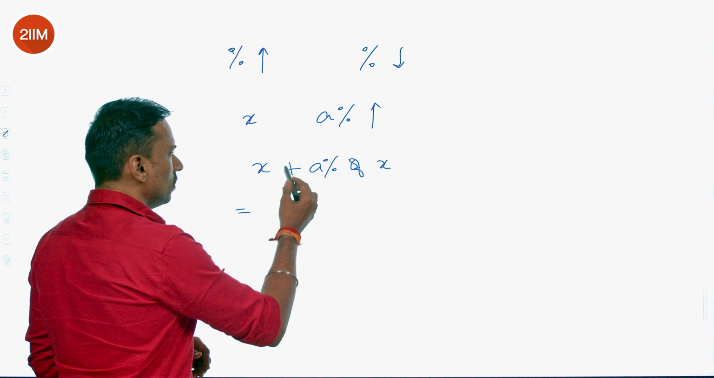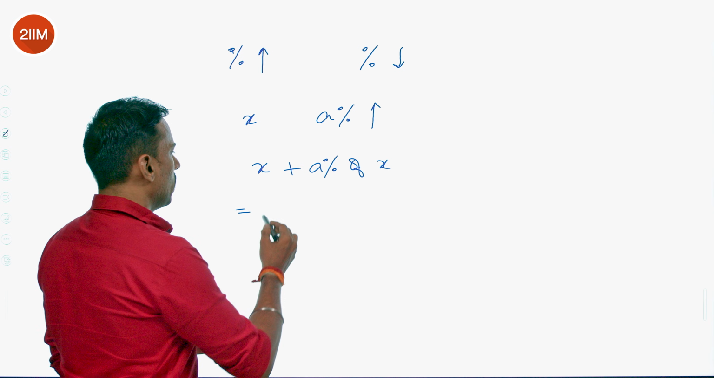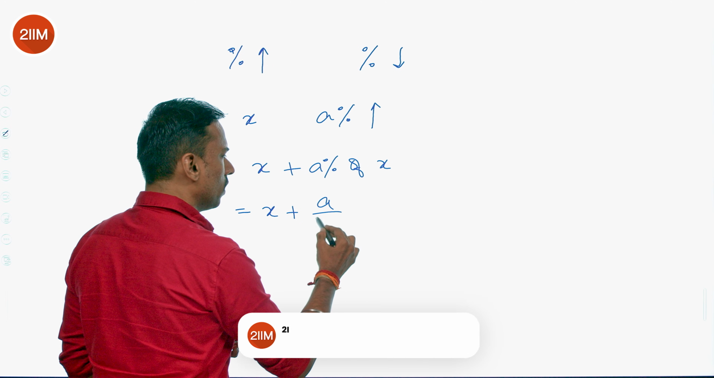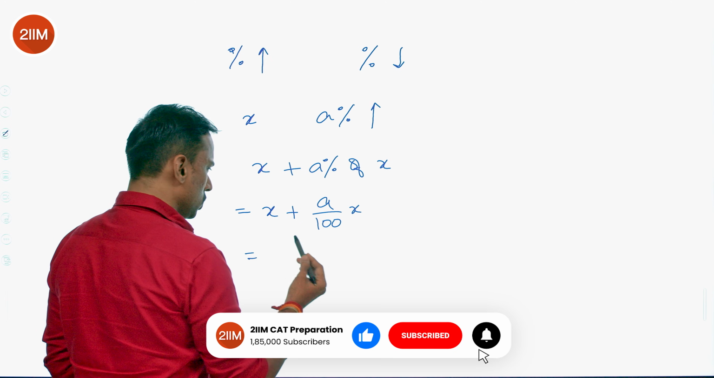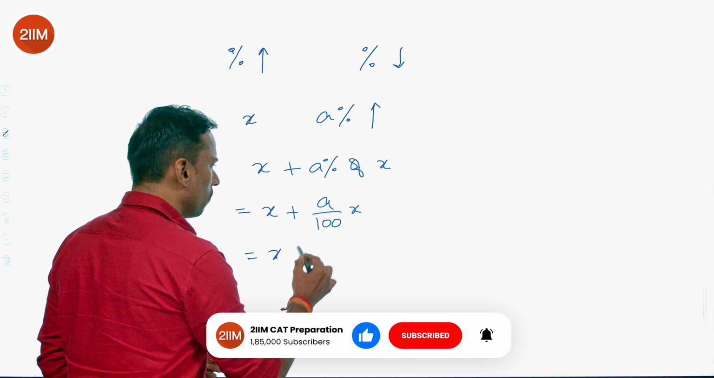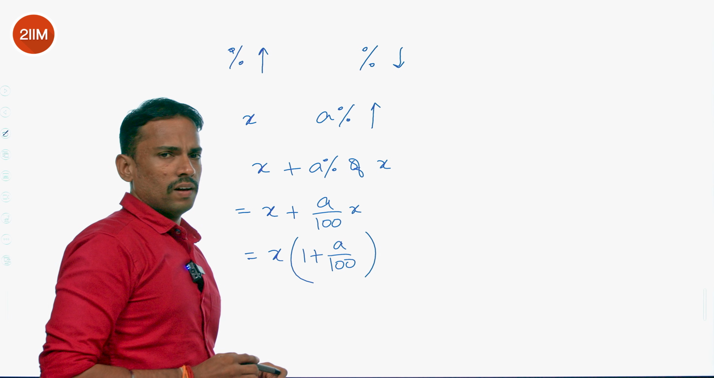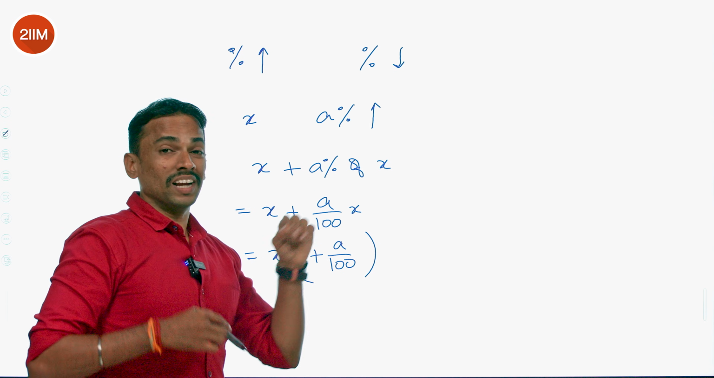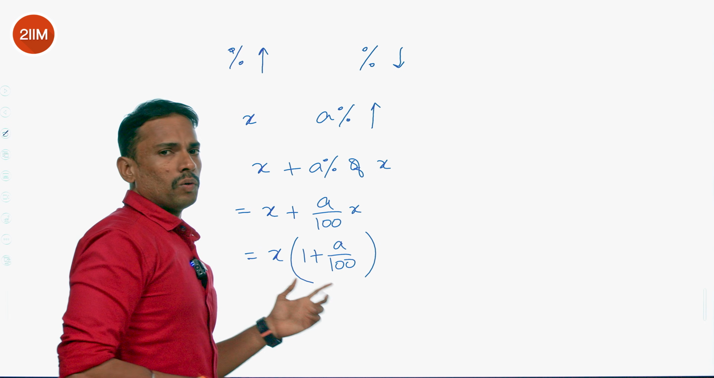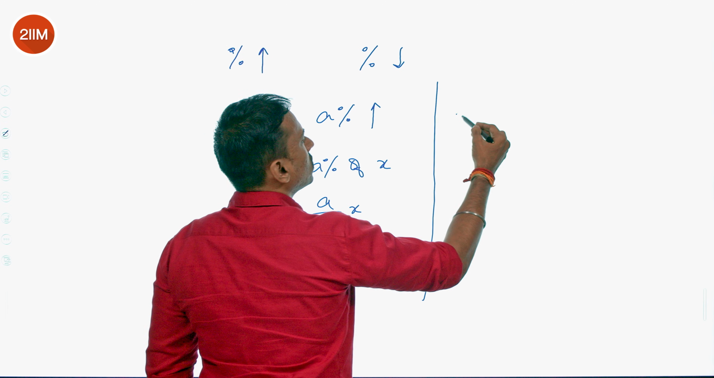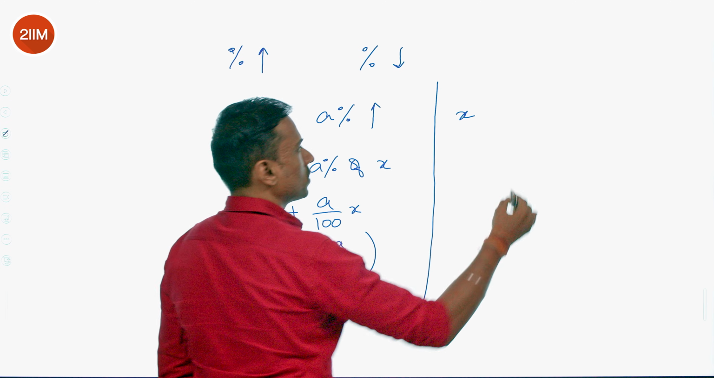Which means this, we'll do some algebra. x plus a% of x can be written as a by 100 x, and this means x when factored out, we'll have 1 plus a by 100. So simply when x is increased by a%, the resultant is going to be x times 1 plus a by 100. Similarly, when x is going to be decreased by a percentage,